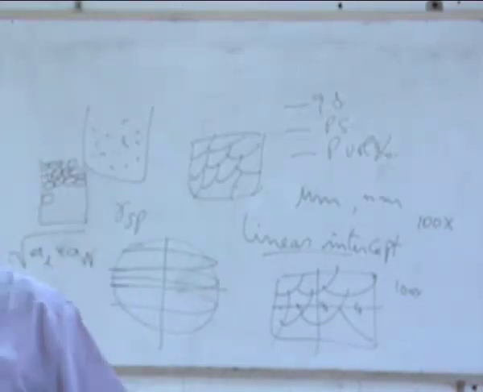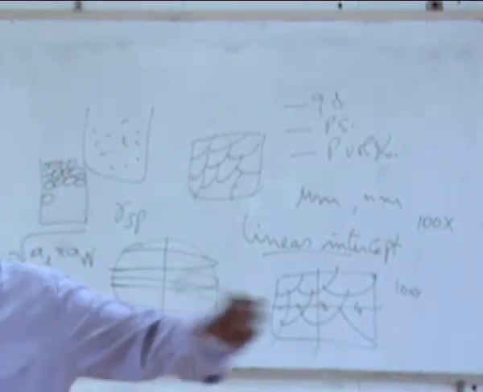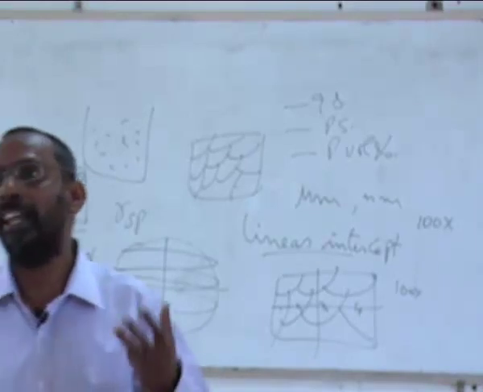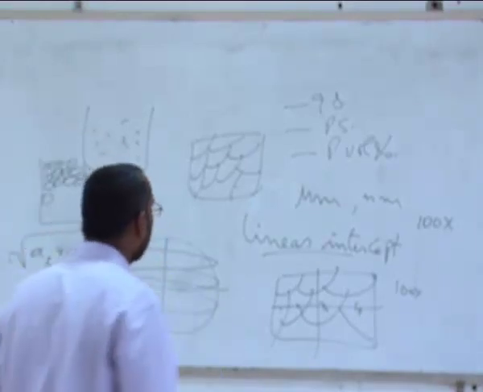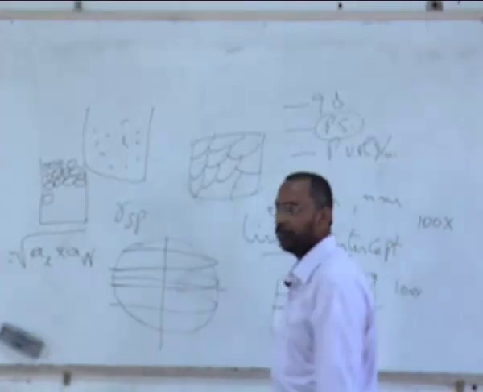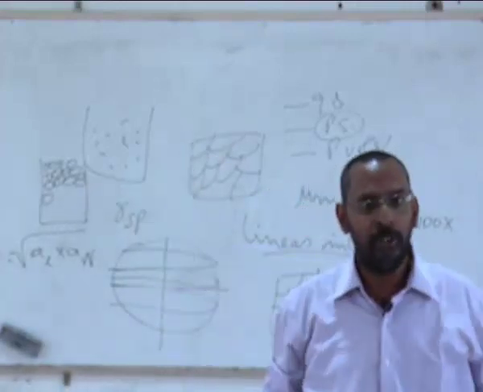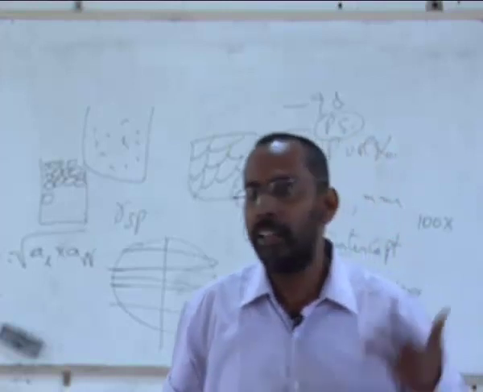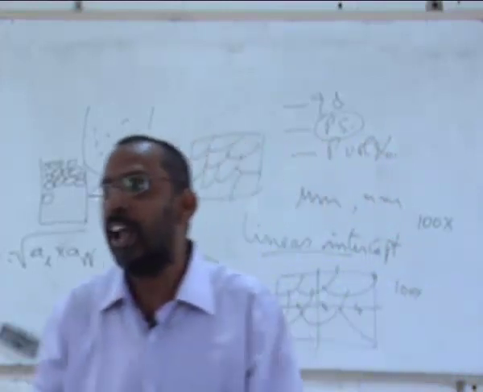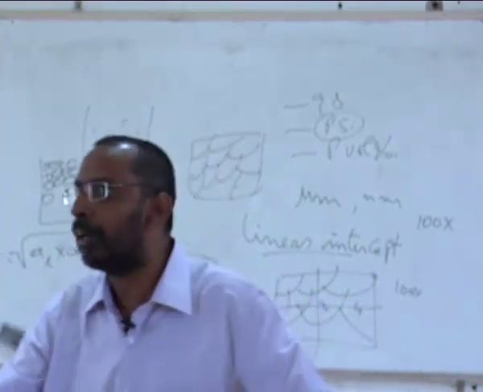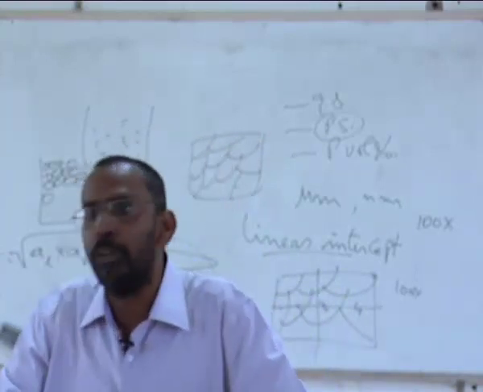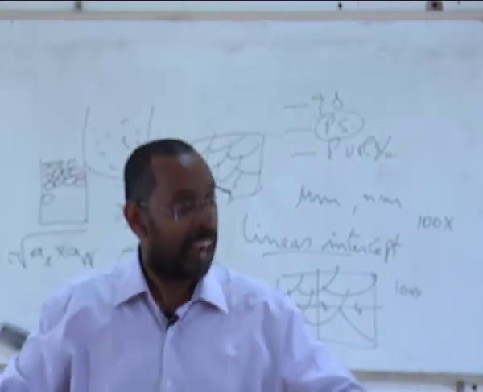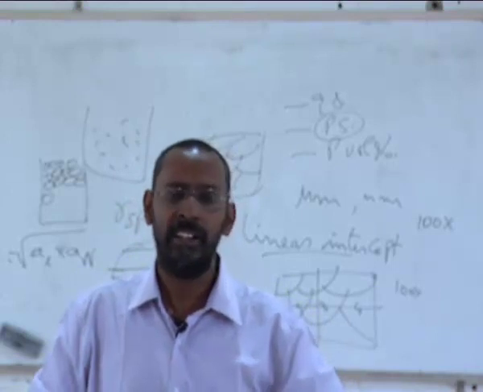So in all columnar or elongated grain structures, this is what we do to find out a grain size. In addition to grain size, we can also do particle size measurements. Similarly, whenever you have particles, you can measure the particle sizes. And nowadays there are image analysis systems attached to the microscopes, which you possibly might have seen, where you can do these measurements. You can draw a circle around that particular particle and measure the size. All this can be done.